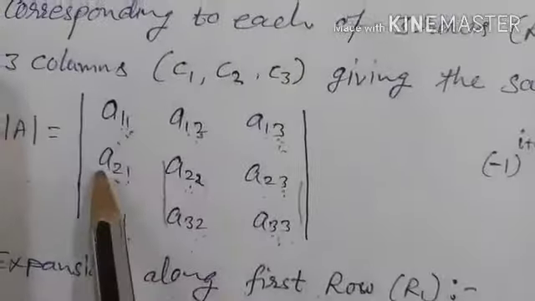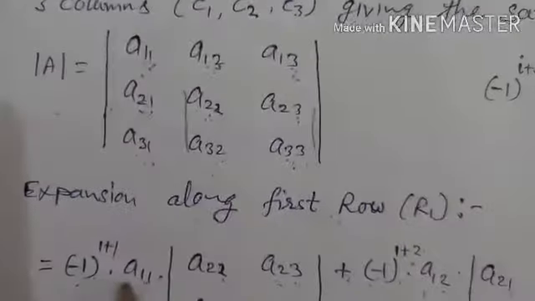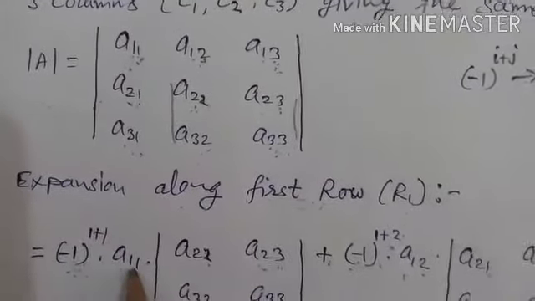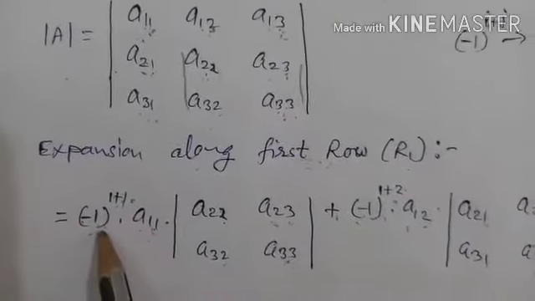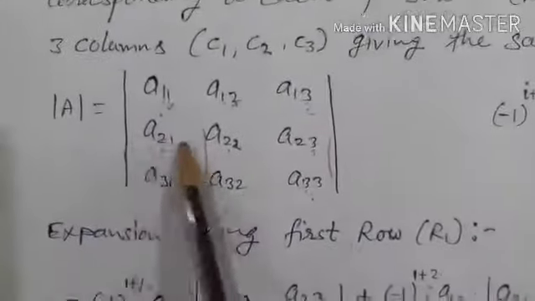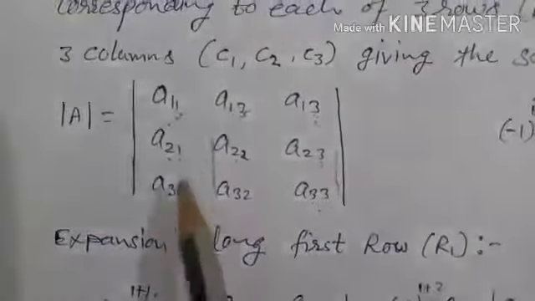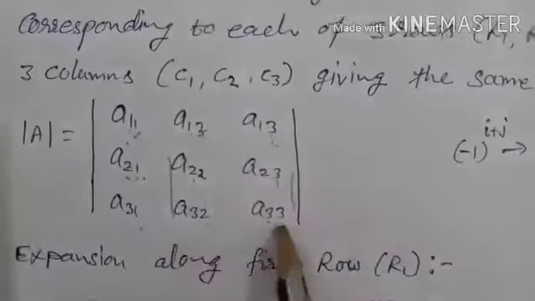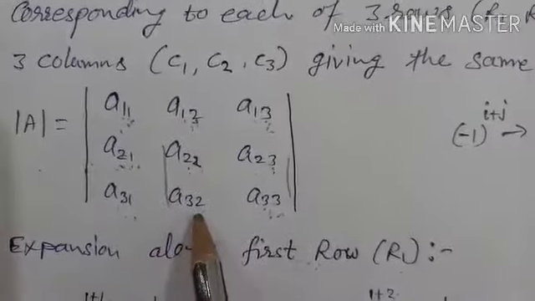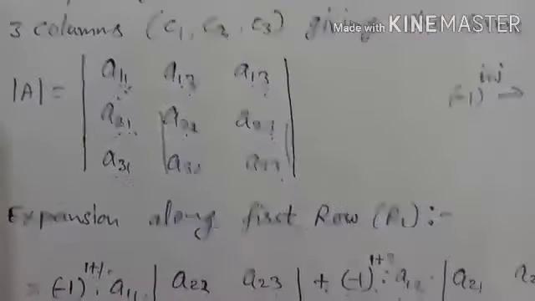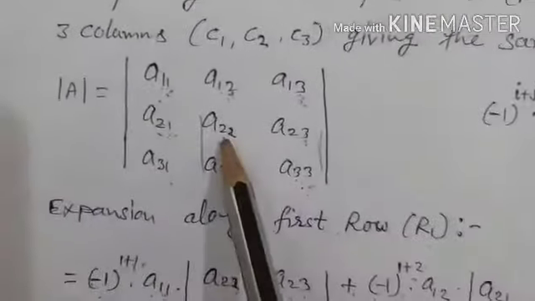So suppose minus a21, write here minus sign and a21. Do not write minus 1 whole raised to the power 1 plus 1, directly write minus sign. So 21 means second row deleted and first column deleted, then you will get a 2 by 2 determinant, which is a12, a13, a32 and a33. And similarly second element and third element also.